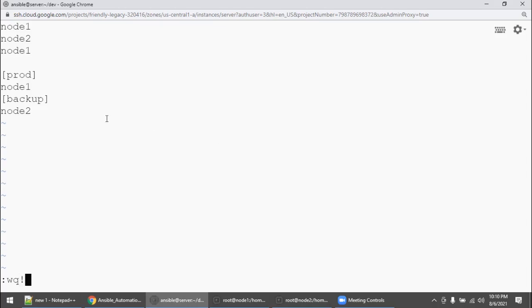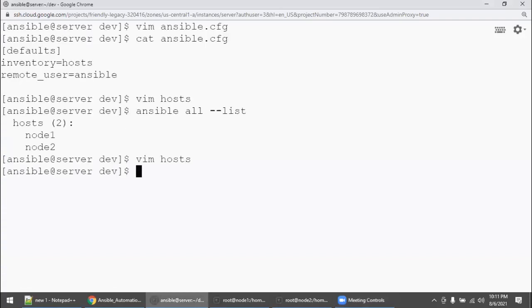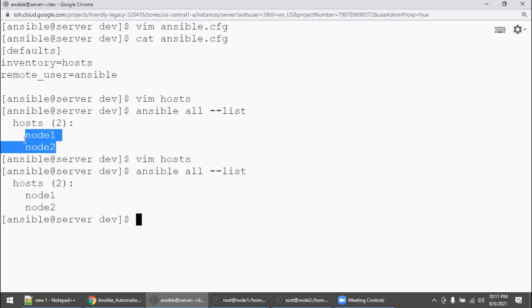So theoretically, node 1 appears one time, then a second time and a third time. So if I say ansible all --list, it should show 3 times, right? Let's see the magic. I'm going to run the same command. See, it automatically removes the duplicates. This is also one of the things you need to note down.